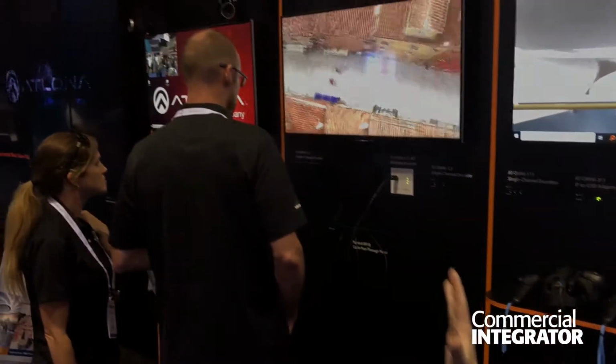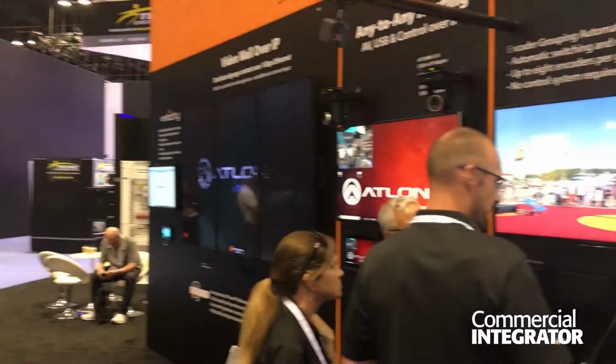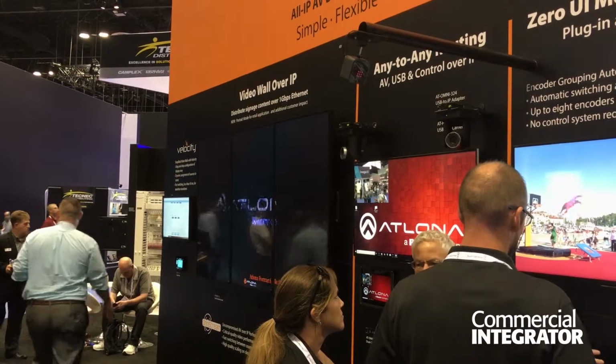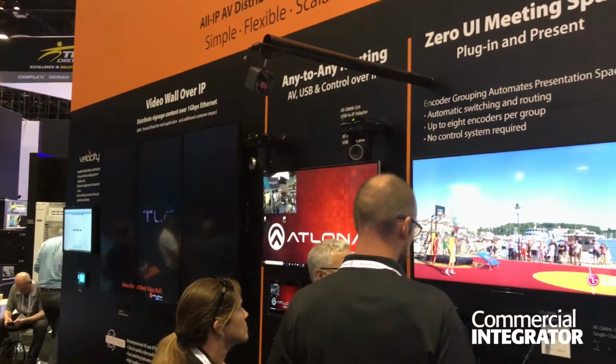And we're standing in front of the OmniStream wall. The best way to think about this entire arrangement is imagine this is one building with 4 different systems in it. All of these systems are going over a single Cisco switch where we're providing AV over IP for